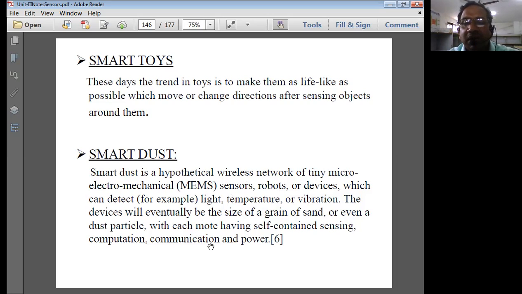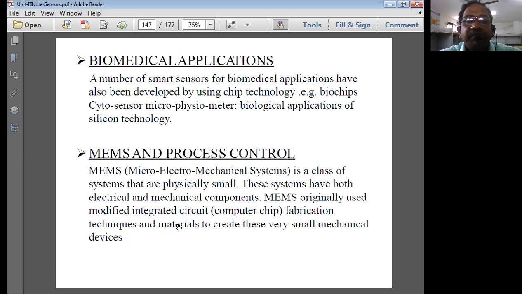Smart dust sensors are normally used as elements which can sense fire, light, and water levels without the intervention of a human being, because they are used in robots. These robots use smart dust sensors to sense fire, water levels, temperature, humidity, everything. Then we use them in biomedical applications.